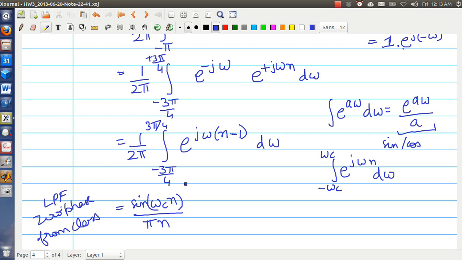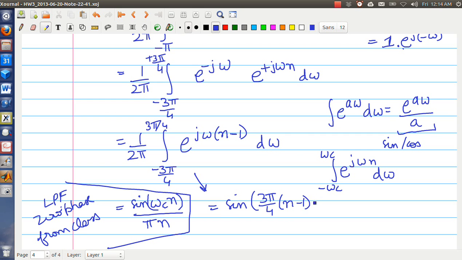So instead of n, I can simply use n minus 1. So here this expression should produce sin(3π/4 (n−1)) over π(n−1). So we replaced all n's with n minus 1s,